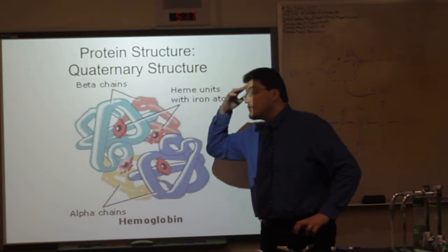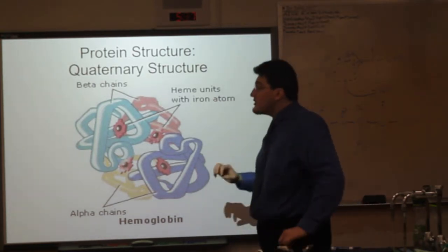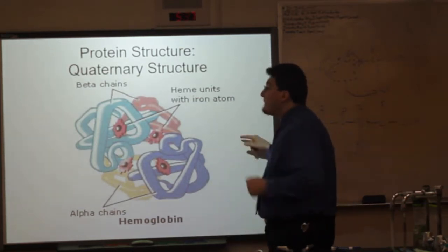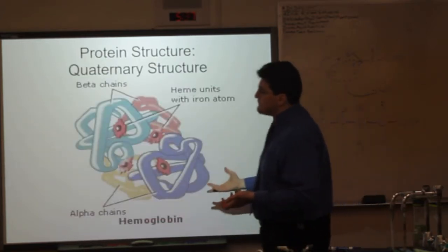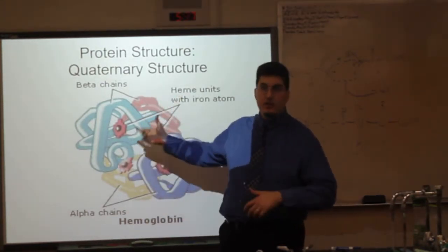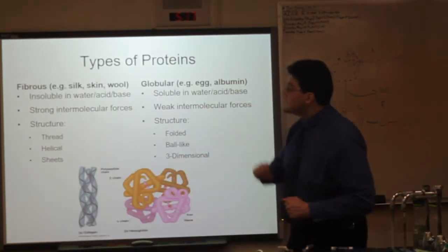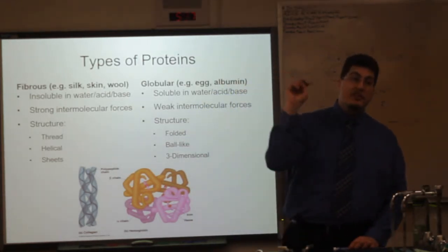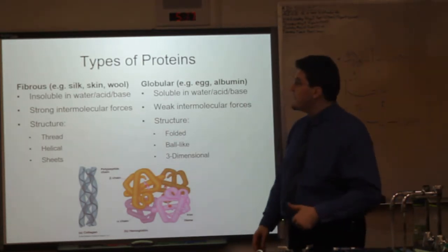So your tertiary structure is the 3D conformation of a single polypeptide chain. A quaternary structure is the 3D conformation of multiple polypeptide chains. Now, by the way, hemoglobin is our stereotypical quaternary structure. We used hemoglobin as an example. But there are other examples. For example, collagen. Collagen is a quaternary structure, but it has 3 polypeptides wound together into a fibrous polypeptide chain,